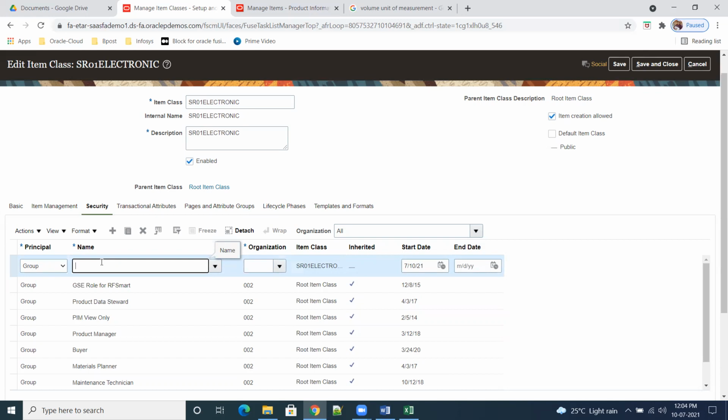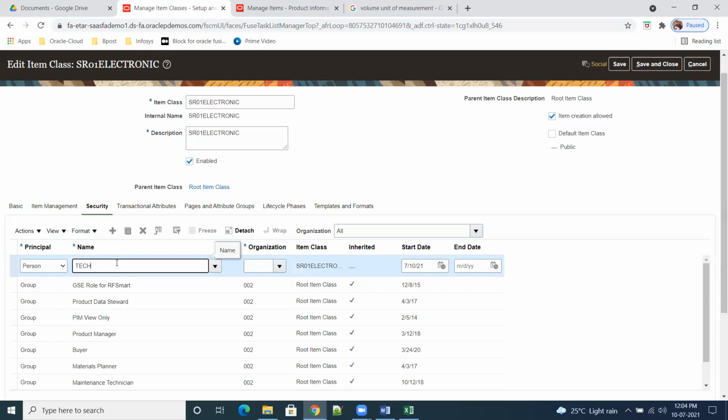If you take person, then only that person can create the items. Other persons can't create. So creation and then updation, everything, only those persons can do. Right, Ram? Yes. If it is a group, it depends upon the job roles. Yeah, depends upon job role. So I'll go for person only now.